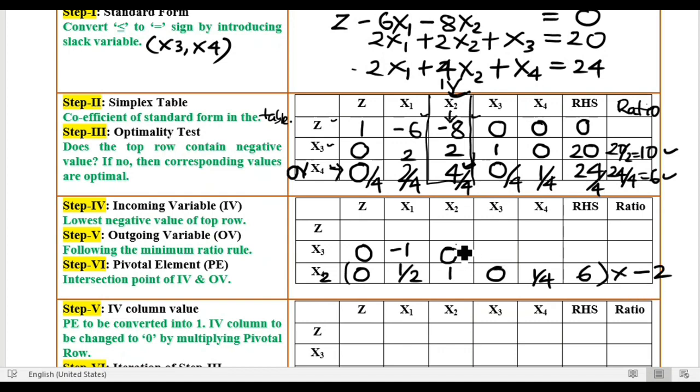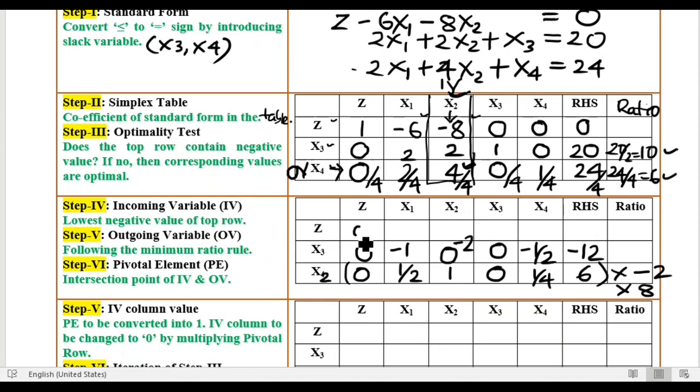-2 into 1, this would be -2. This would be 0. This one would be 1 by 4 into -2 minus 1 by 2. This is -12. Okay, so similarly here is -8. So this pivotal row has to be again multiplied with +8. So 8